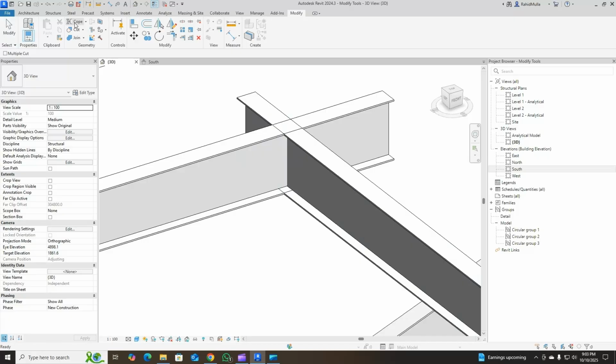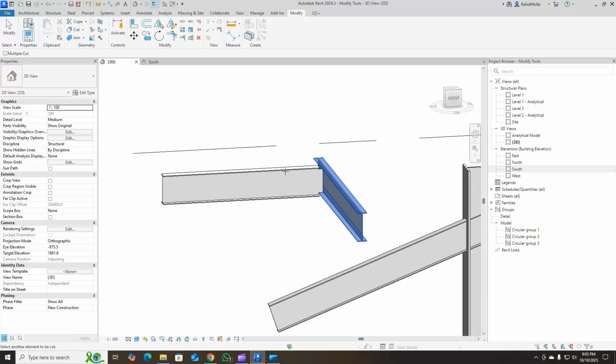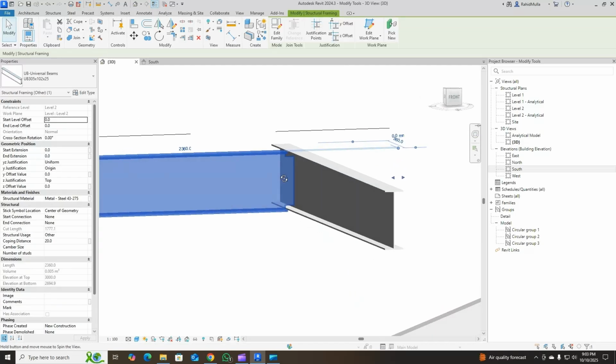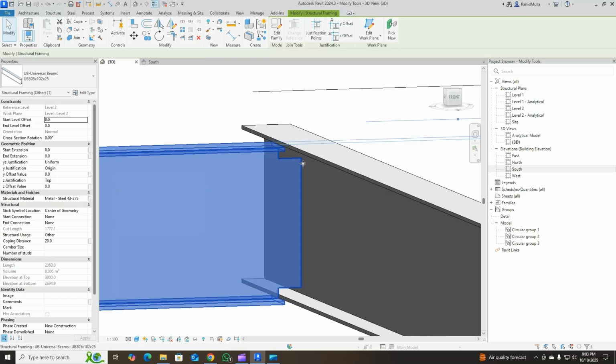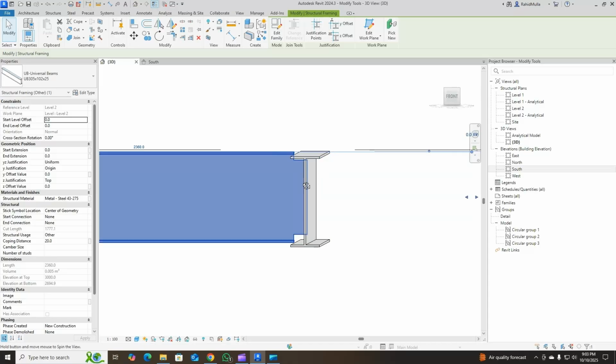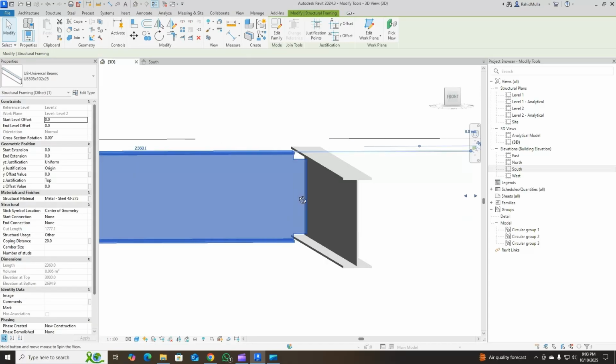So we will first select this option of coping, and then we will read here what it says: select element to be coped. We will select one element, we will select another element, and then what has happened, there is this beam which is meeting perfectly at this place, and this beam is cutting this other beam here. And what is happening here is there is a perfect cut that is made.